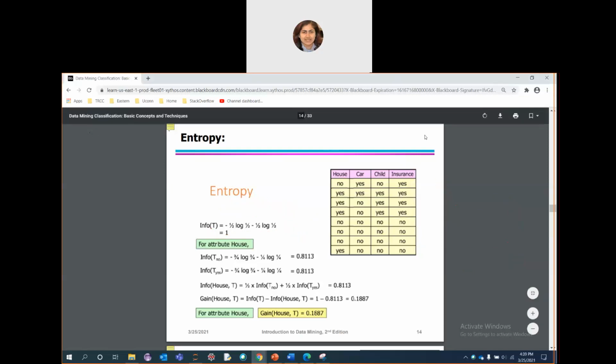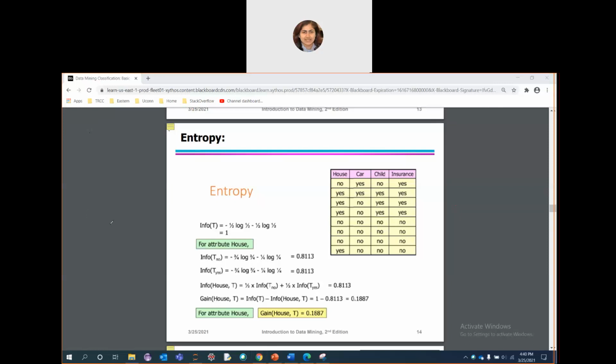Hope you understood. So once we have the whole entropy, the next step is to find out the entropy for every attribute individually. Now we are going to see house, then we will move on to car, then child. From there we will start constructing our decision tree. Pay attention to this problem because a similar type of problem will be given to you, and you need to calculate the entropy, information gain, all those set of measures that we are going to cover here.